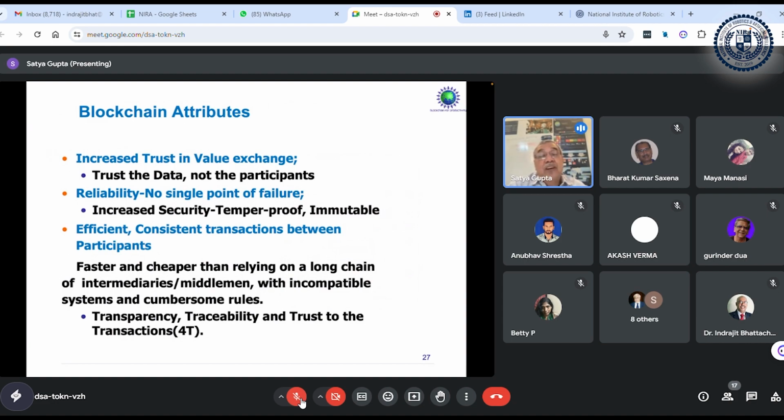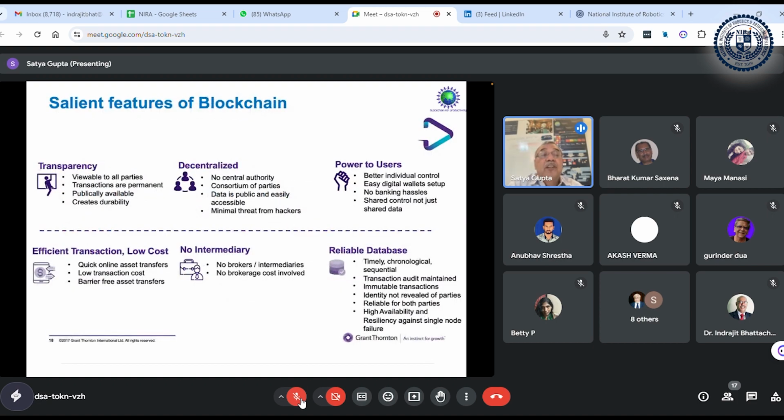Blockchain attributes I have already explained. So again, we can show increased trust, because trust is through data here. It is not just a human saying yes, it is okay, but it is proved by data through an algorithm, the consensus mechanism, which is crunching the data. No single point of failure, hence reliability, like in the internet also. Efficient, consistent transactions between participants. So that is where I mentioned transparency, traceability, and trust to the transactions, the 4T. All these salient features are written again,